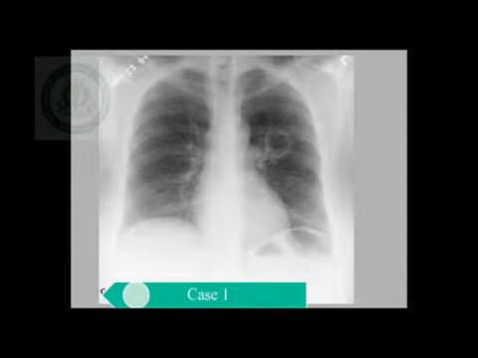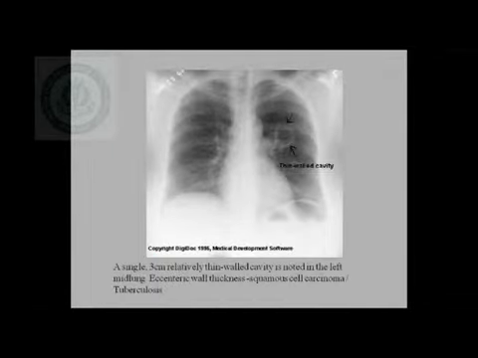Okay, this is the first case where you are able to identify a cavitary lesion in the left upper lobe. Now look carefully, is the wall of the cavity symmetrical or asymmetrical? The answer is, this is a cavity with an eccentric wall thickness which is seen more medially. This type of eccentric cavity in the lung fields, one should definitely eliminate malignancies like squamous cell carcinomas. Squamous cell carcinomas and tuberculous cavities can sometimes mimic each other and you should not miss a malignancy for a benign lesion.